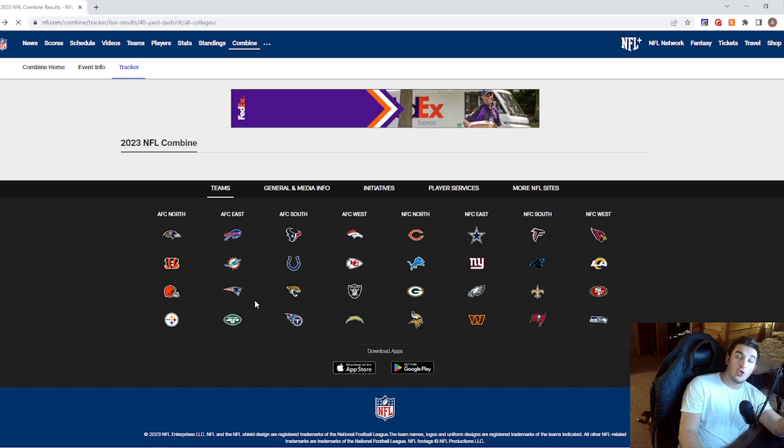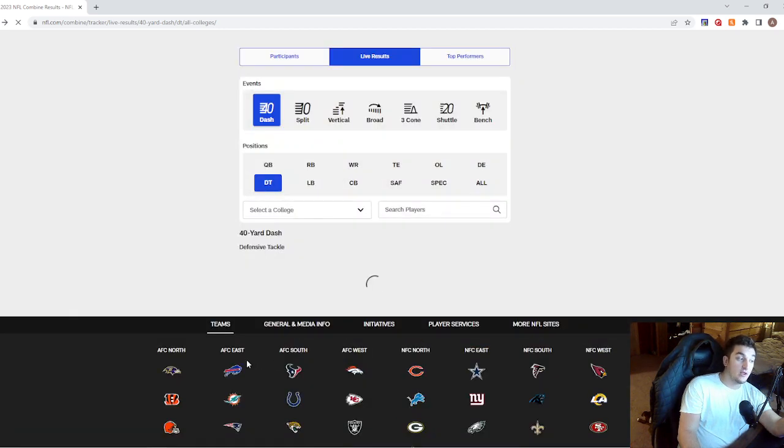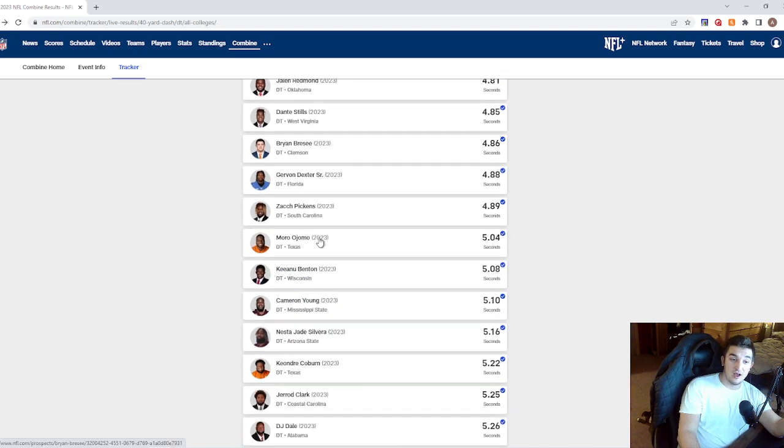Running 4.67 at that weight is incredible. Another one that was shocking to me. Tulupiloto. I just messed up his name right there. Whatever. Came in 6'3", 266. Okay, the reason this is a little shocking to me...